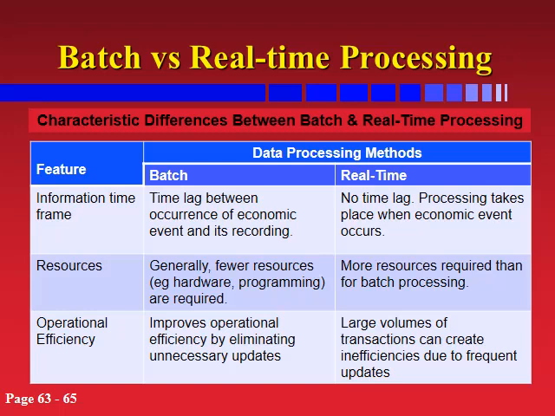It gets updated all at once. However, if you're dealing with large volumes of transactions and you're doing real-time processing, it can create some inefficiencies because you're constantly updating your data, and therefore you're going to have to wait for these updates